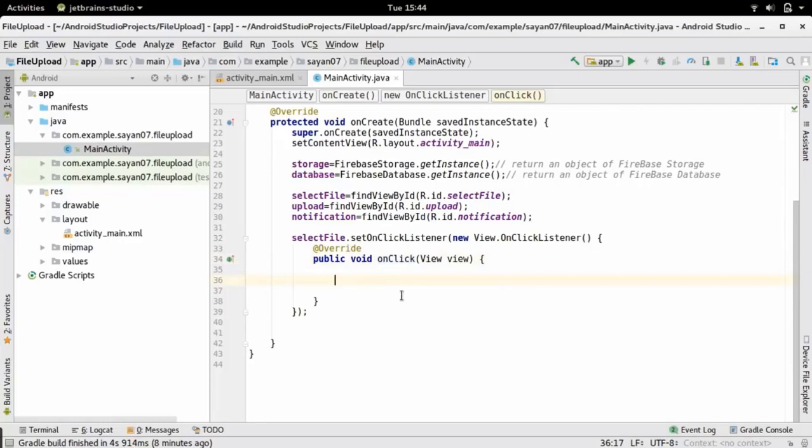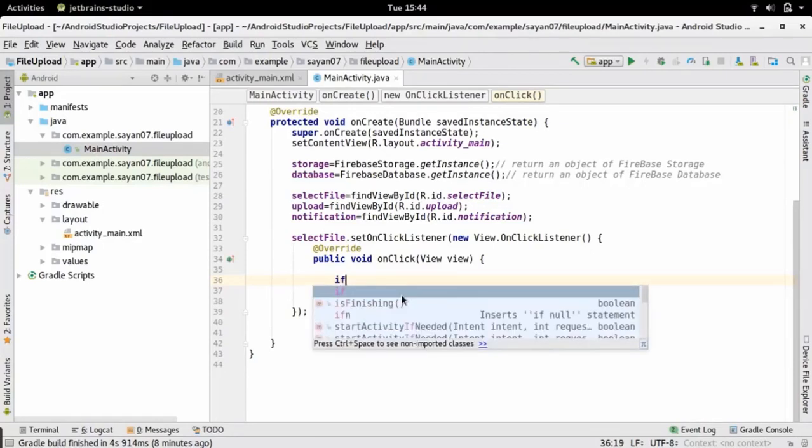So first of all we are going to check permissions for our application. Now we mainly need one type of permission, that is we must have permission to read our SD card or our internal storage, okay, because we are going to select a file from it. So first we are going to check that permission.